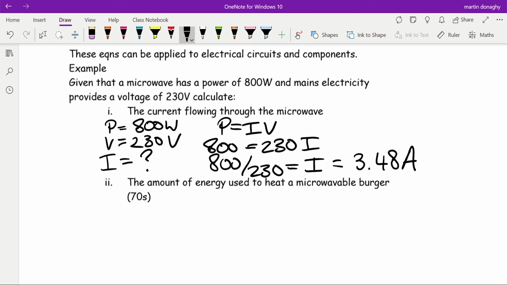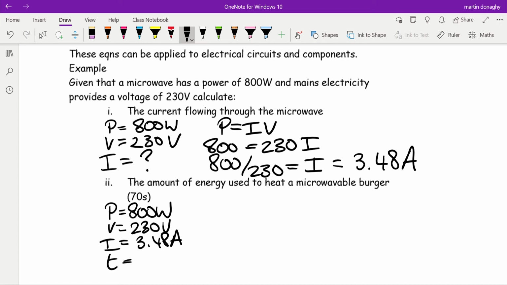So the amount of energy then used to heat a microwavable burger that takes 70 seconds to cook. Okay, so our power is still 800 watts. We know V is 230 volts. We now know I is 3.48 amps, and we know the time is 70 seconds. Now, I could use power equals work done divided by time like we would have last year, and work out this question using just those values, and then we just find W, and that's a valid way of doing things. But as we're trying to learn the